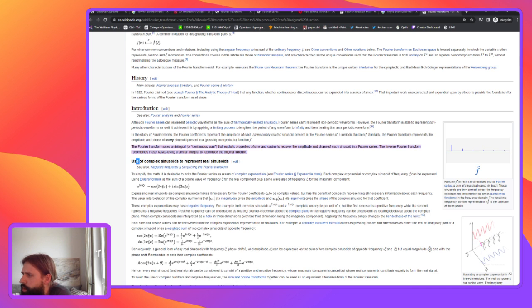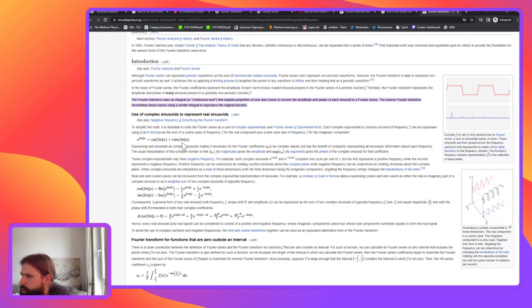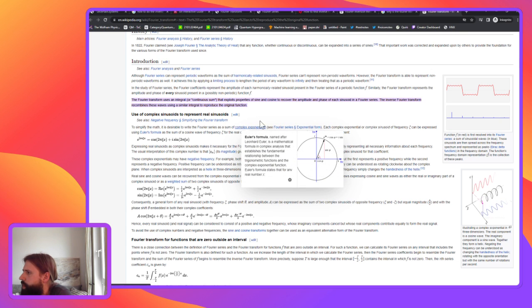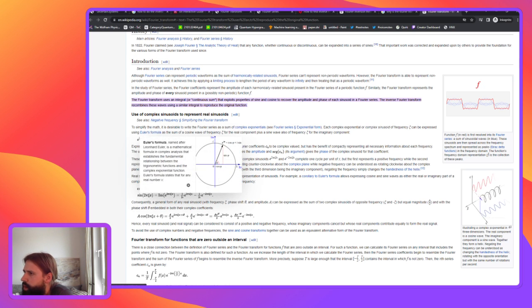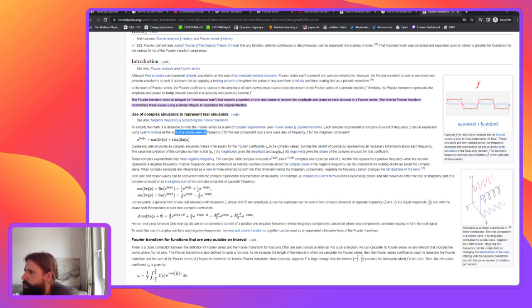So, use of complex sinusoids to represent real sinusoids. To simplify the math, it is desirable to write the Fourier series as a sum of complex exponentials. Each complex exponential or complex sinusoid of whatever this frequency is can be expressed using Euler's formula as the sum of a cosine wave of frequency and a real component and a sine wave also with the same frequency for the imaginary component. So you have